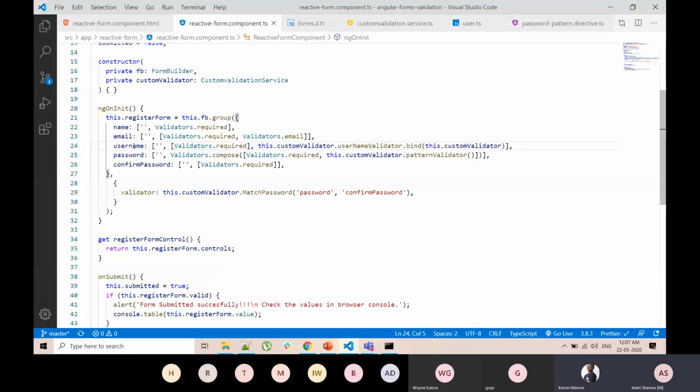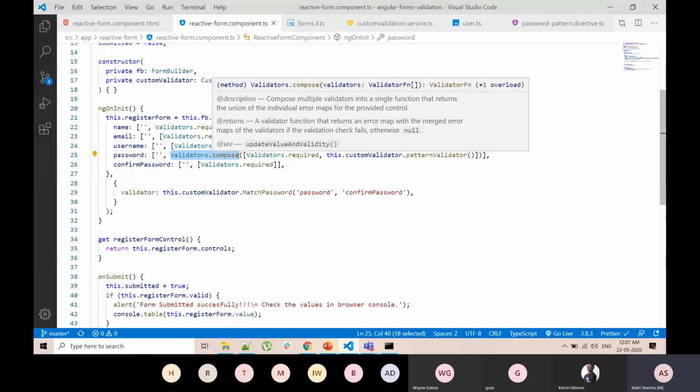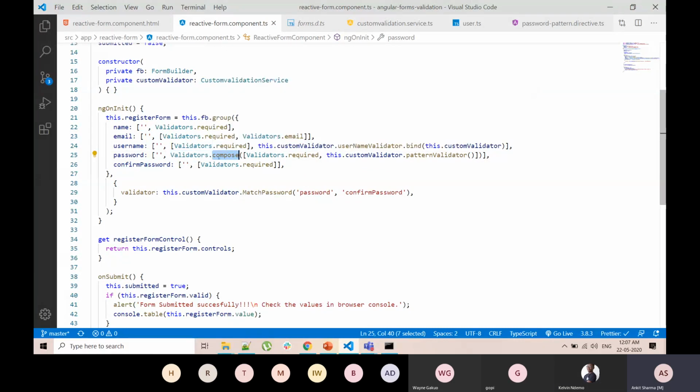No, this will take any array. So if you see, there are multiple things. First is Validators.required. And if you see another place here, I'm composing a complex validator, composing multiple validators into one. And here I have used the array, what you are referring to, right? Yeah, sure. But here I have to call a custom validator method.